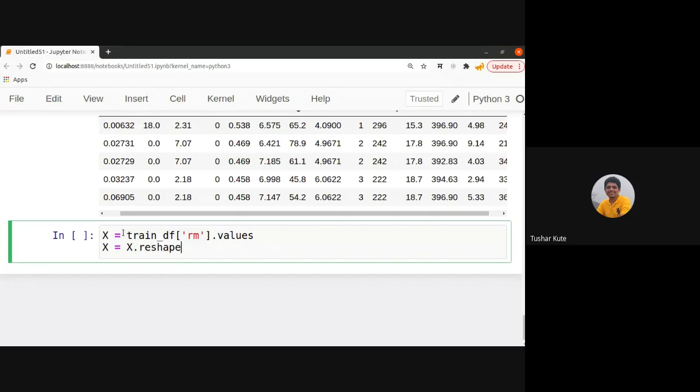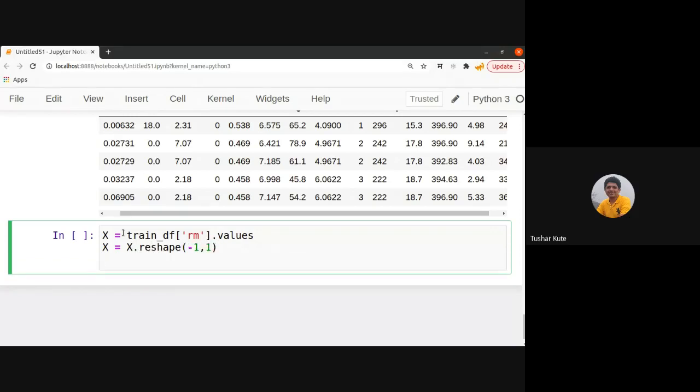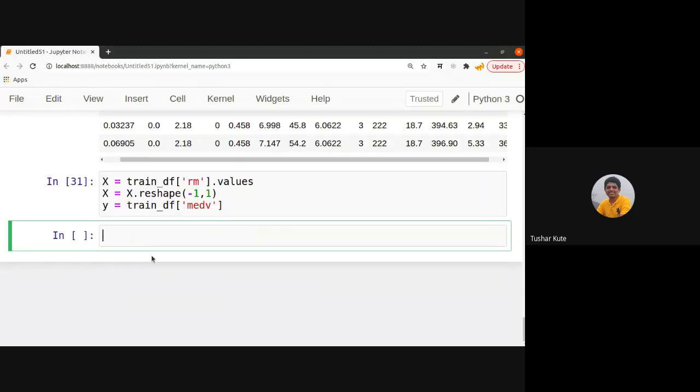I'll just reshape this, because I've seen this effect last time also. It requires data to be in two-dimensional format, and Y is equal to MEDV. Okay, so X and Y are separated.